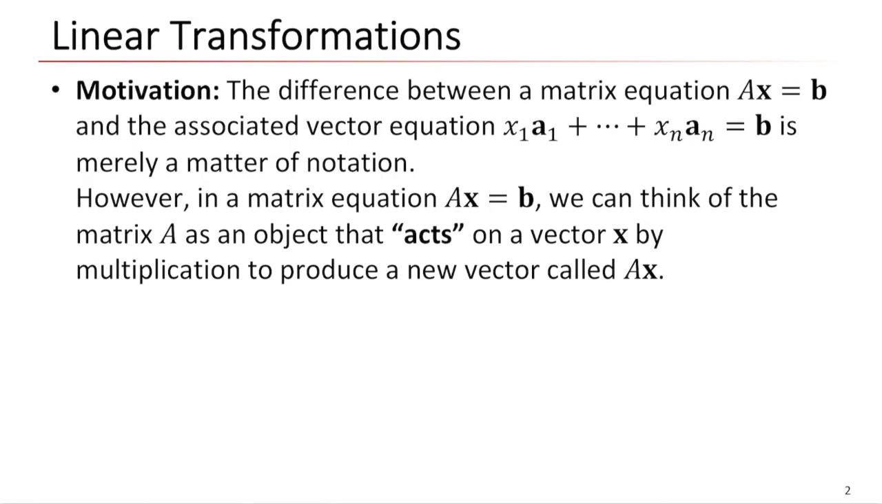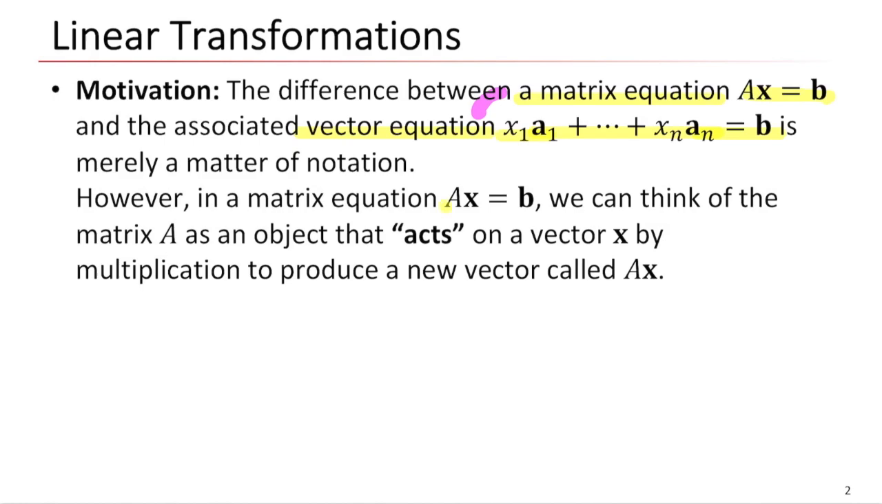The first one is Ax equals b, the matrix equation form, and x1 times column vector a1 plus ... plus xn times column vector an equals b. It is the vector equation, right? So these two cases have exactly the same meaning. They are just a matter of notation. But